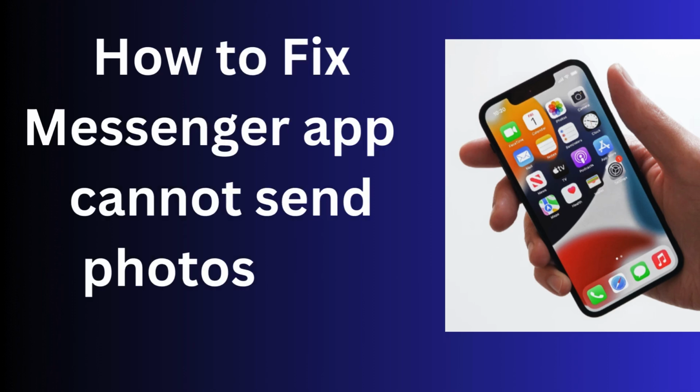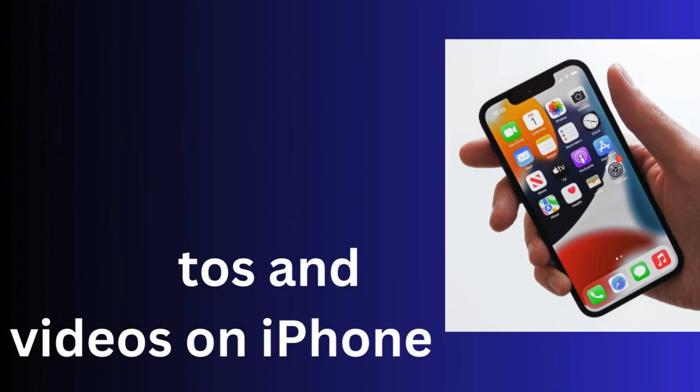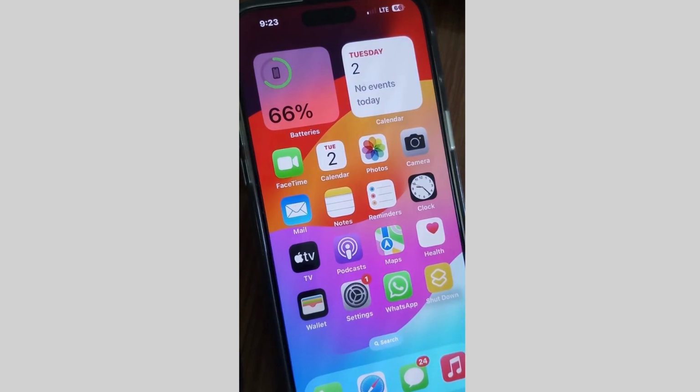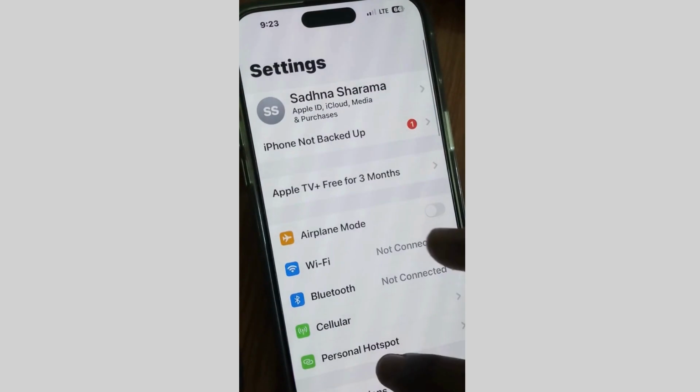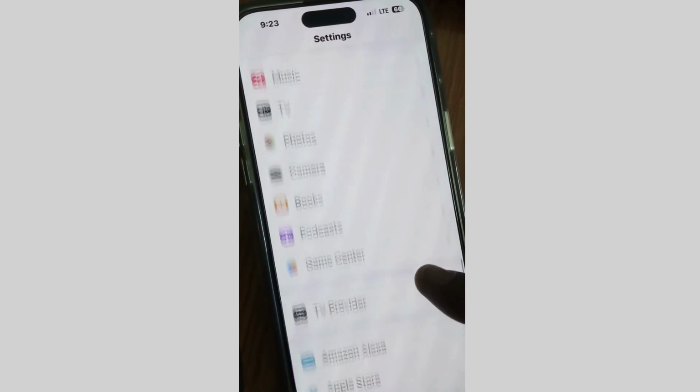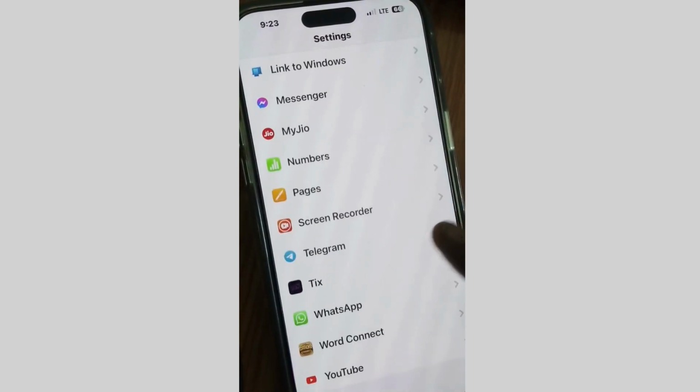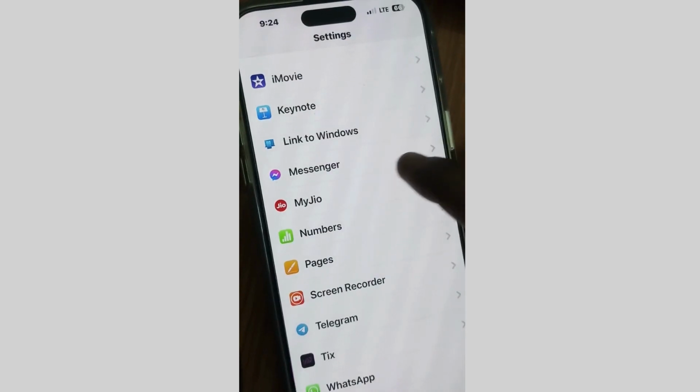This is how to fix it if the Messenger app cannot send photos and videos on iPhone. If you are also facing this type of issue, where the Messenger app fails to send a video or photo, the first workaround is to tap on Settings. Here, look for the Messenger app and tap on it,